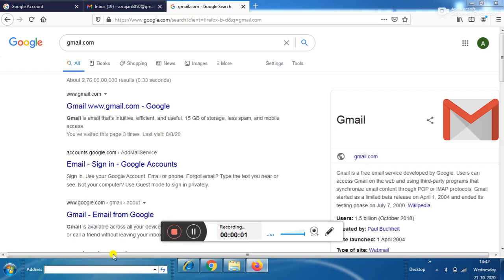Dear Goenkans, today our topic is email. It's from the chapter Internet Services. We all know that email stands for electronic mail. It is a facility on internet to compose, store, send and receive messages to any part of the world. Email is the fastest way of sending the mail.